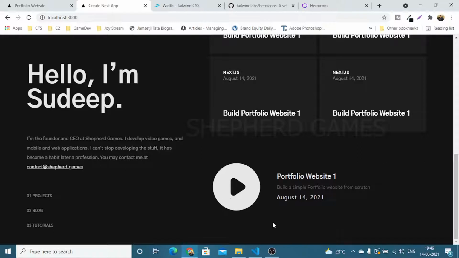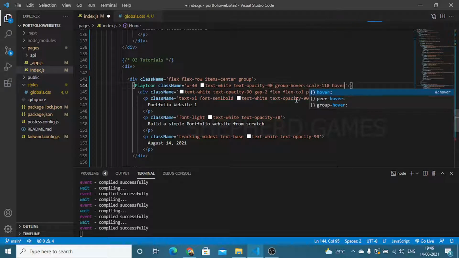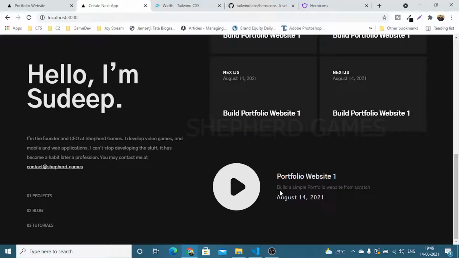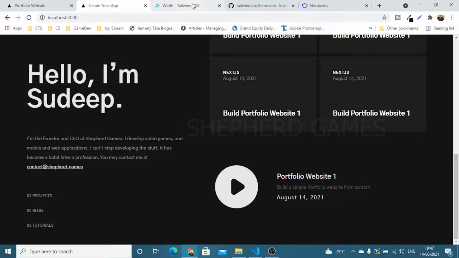Okay, let it refresh. You can see that. So if I hover anywhere on this one, actually this is one card, the card border or background is not visible, but it's like one card. If I hover anywhere, the size of the play button is increasing, right? So also let's add group hover and duration to 300. See that now the size of it is increasing in a smoother manner. And also let's add one more thing called ease in, one second,